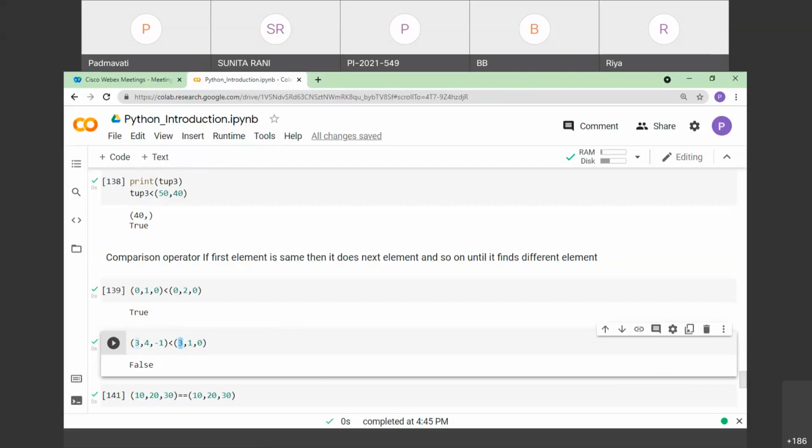Correct? 3 is not less than 3. Rather, they are equal. So for that sake, what will it do? It will check the second element of the first tuple with the second element of the second tuple. So here 4 is not less than 1. We all agree 4 is not less than 1. Instead, 4 is greater than 1. But here we are checking for less. Whether 4 is less than 1, it is false. So it generates the output as false.